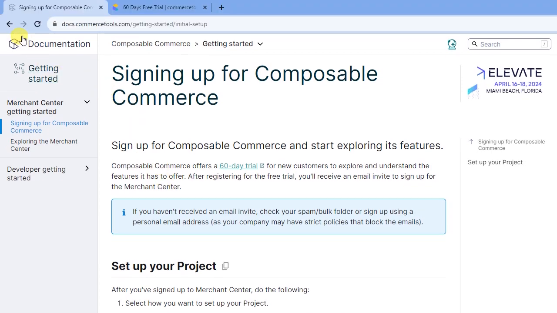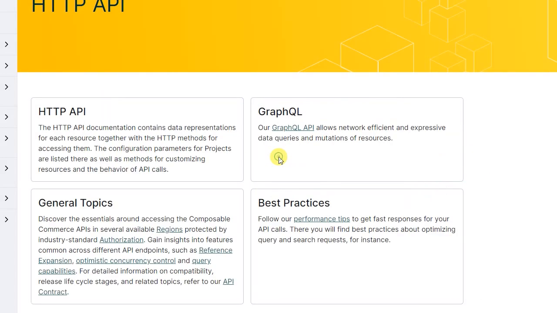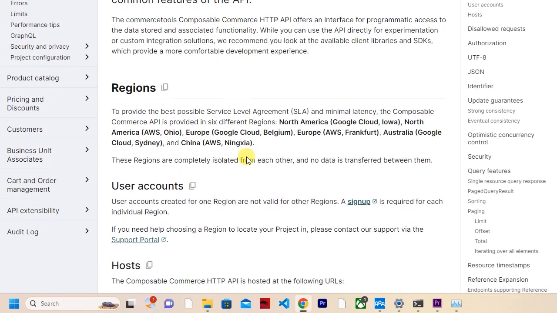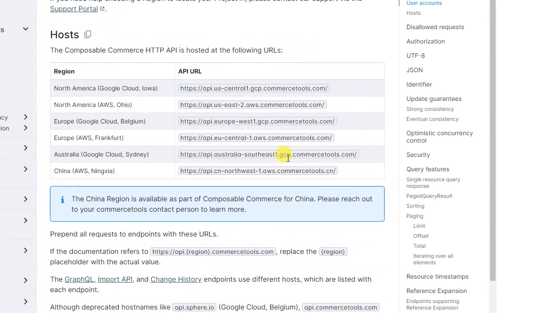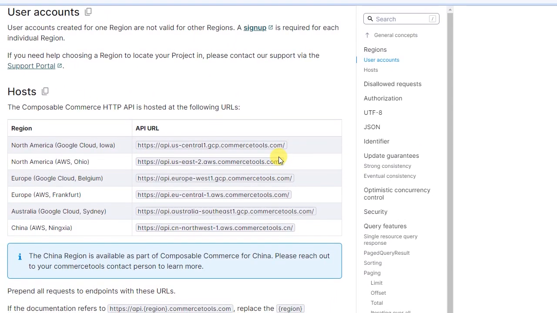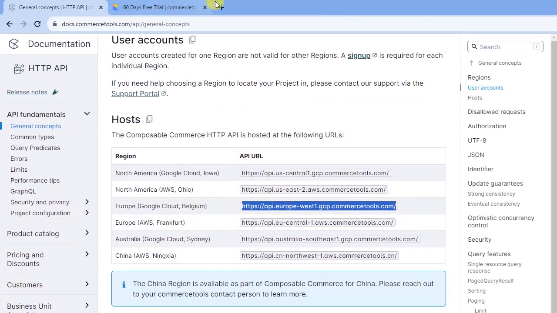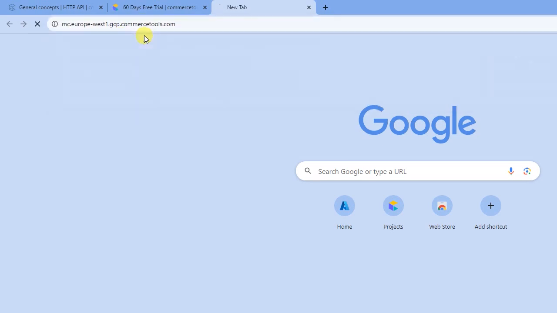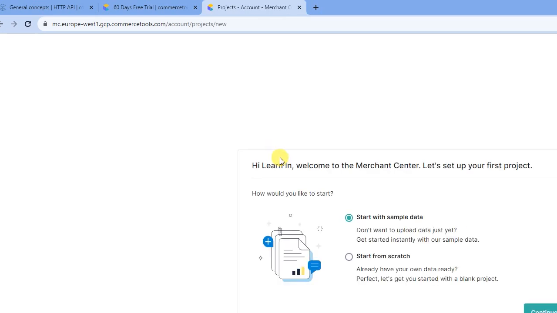So the other way to do this is to go back and go to HTTP API and click on general concepts. Now if you scroll down, you'll get a lot of URLs over here. You can choose any one. Let me choose Europe. Copy this and go to the Merchant Center URL. Just replace this API with MC and click enter. It will take us to the Merchant Center